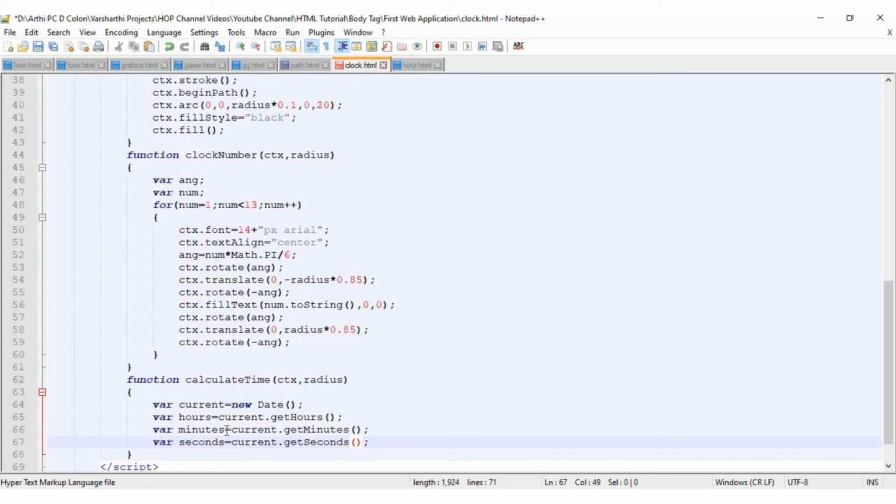Then there are two kinds of time format by default, right? One is the 12-hour format, another is the 24-hour format. So if you are using the 24-hour format, you have to display the time, if the time is 1 o'clock, as 13, right? So 14, 15 and it goes on up to 24, right? And again it comes to 1, 2, 3, 4 like that, right? So here we are going to use the 12-hour format, right?